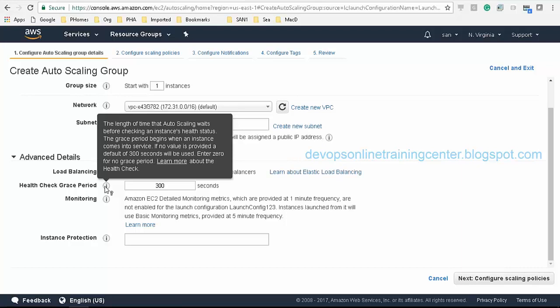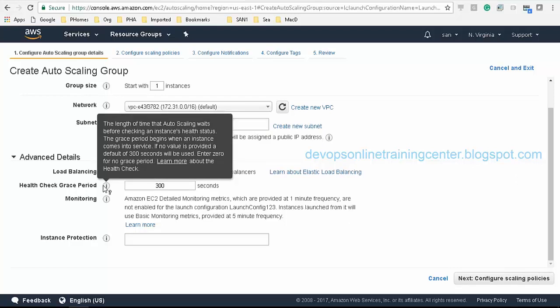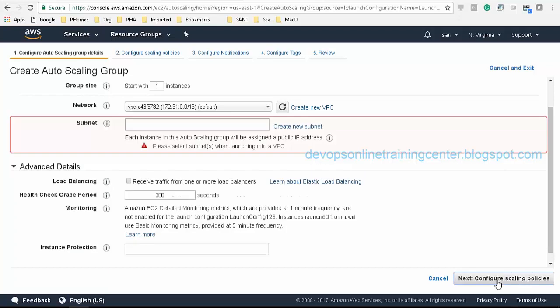So by default, the health check grace period is 300 seconds. Okay. And health check means it's doing the ping probably, right? Yeah, that is there in the next step. So it will check health. The health check is based on the application. Let us see next.